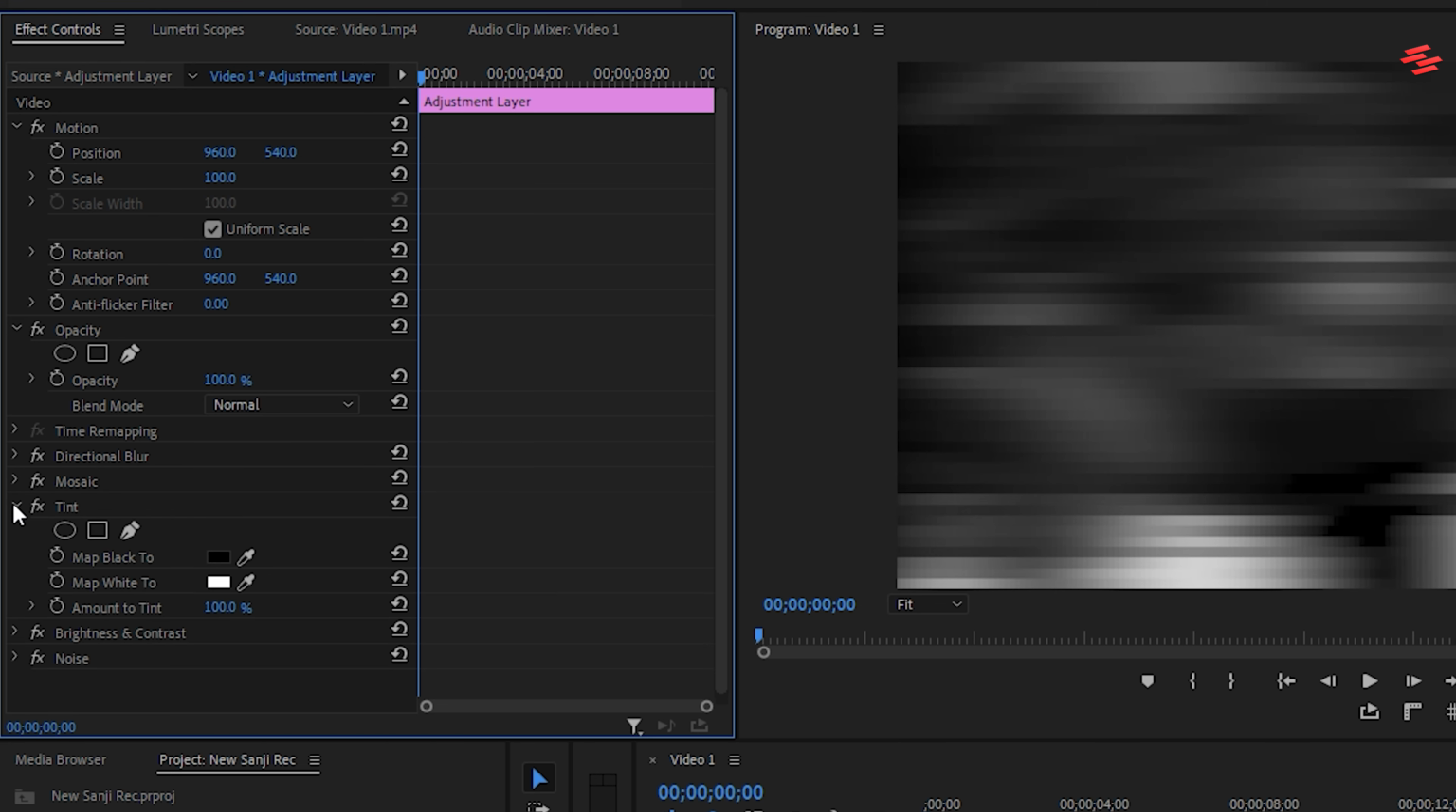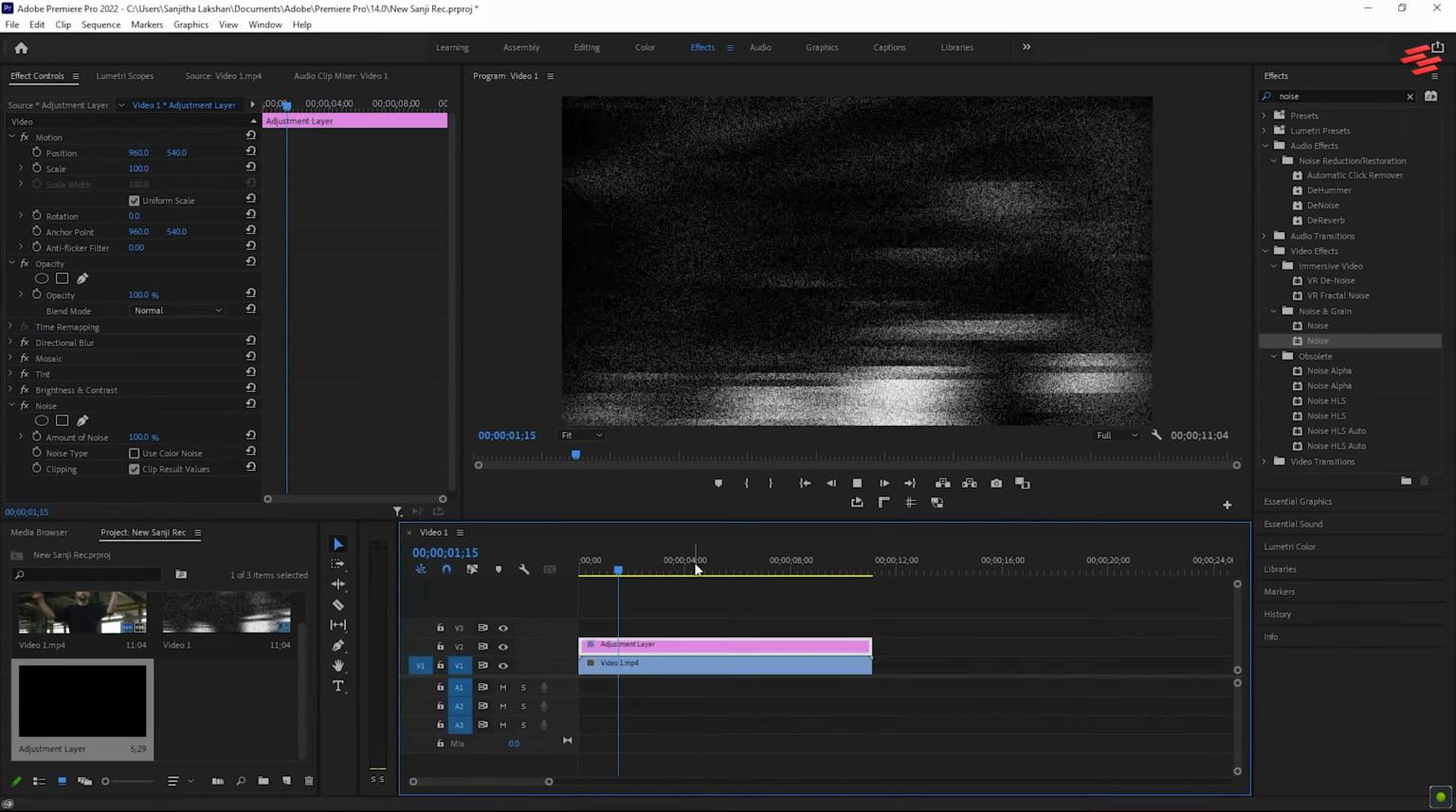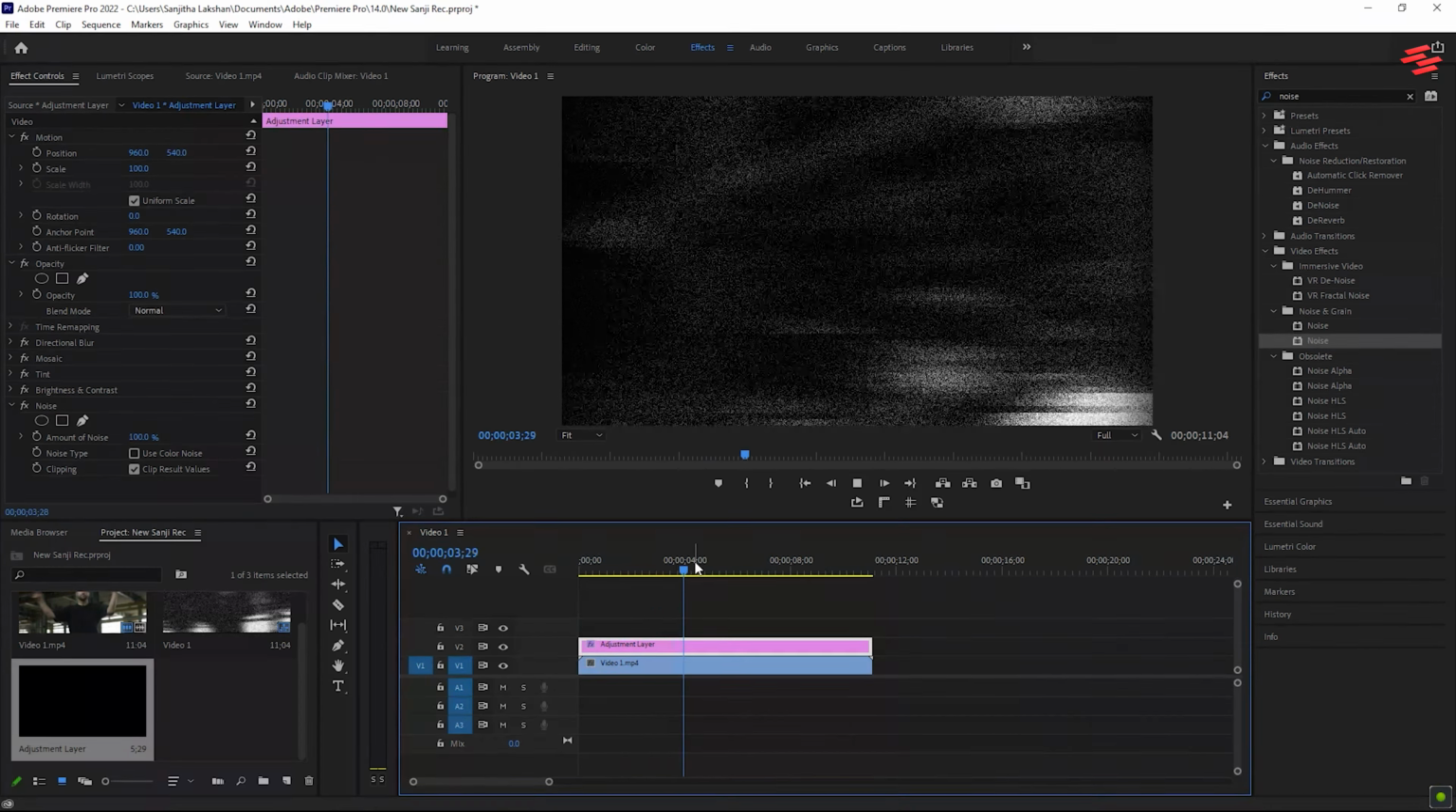Tint. Leave the colors as black and white. Brightness and Contrast. Adjust the contrast to 40. Noise. Uncheck Use Color Noise and set the noise amount to 100. Now, take a look at your video. It's done. If you want your video to be clearer, go back to the Effect Controls panel and reduce the